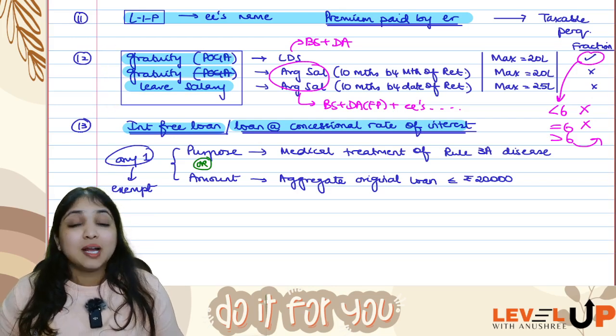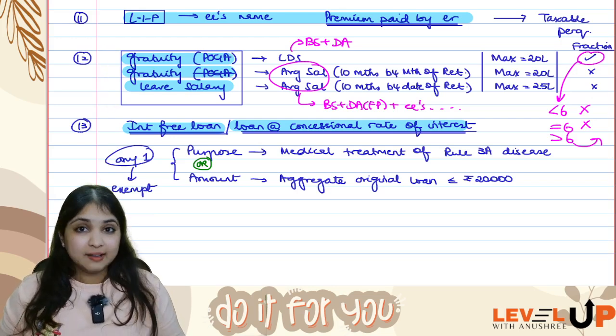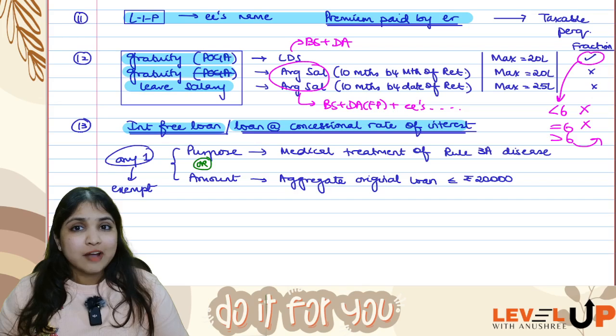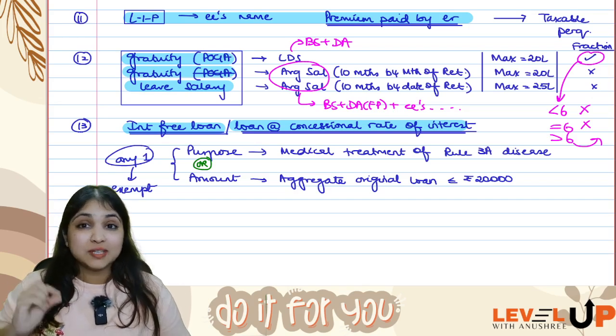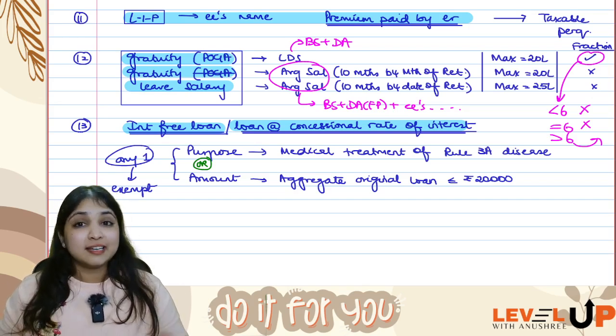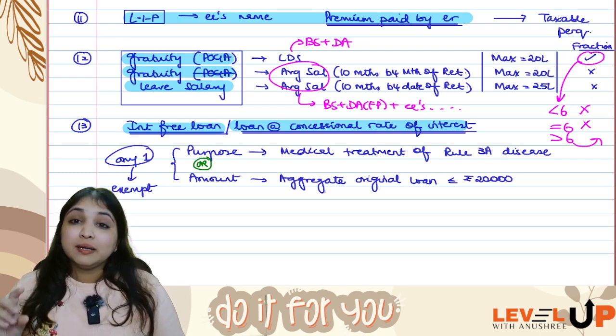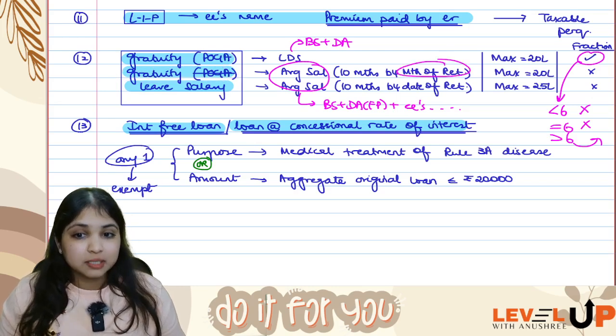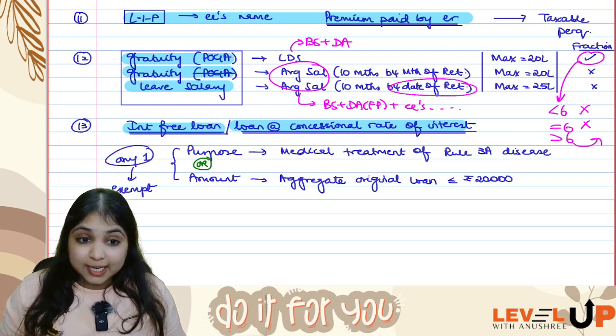Alright, this was a good comparative analysis between gratuity and leave salary. So gratuity covered by POGA, I'll take the last drawn salary. Gratuity not covered by POGA and leave salary, in both of these I will take average salary. Average salary means 10 months average. Gratuity not covered by POGA, average salary will be 10 months before the month of retirement. Leave salary will be 10 months before the date of retirement.